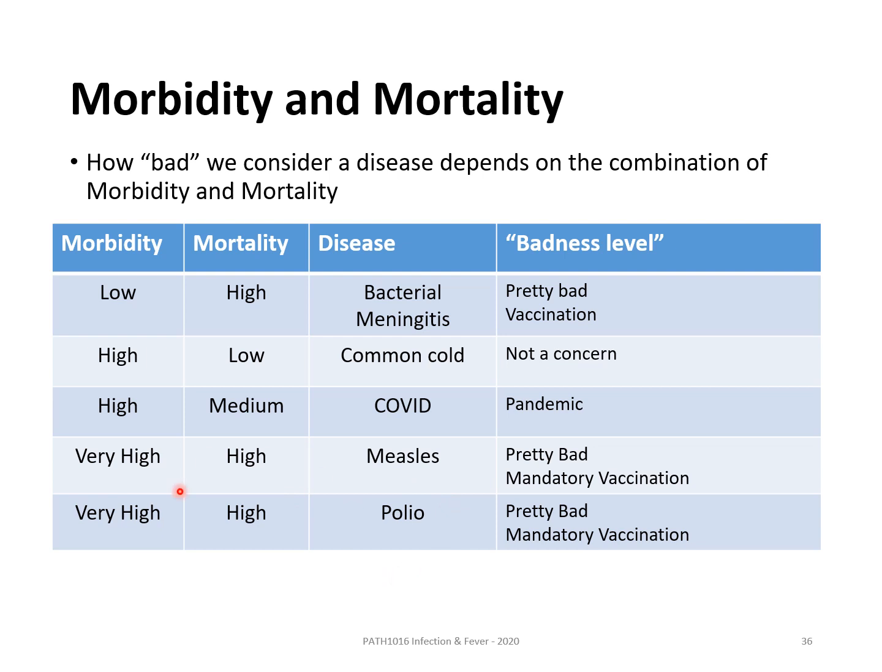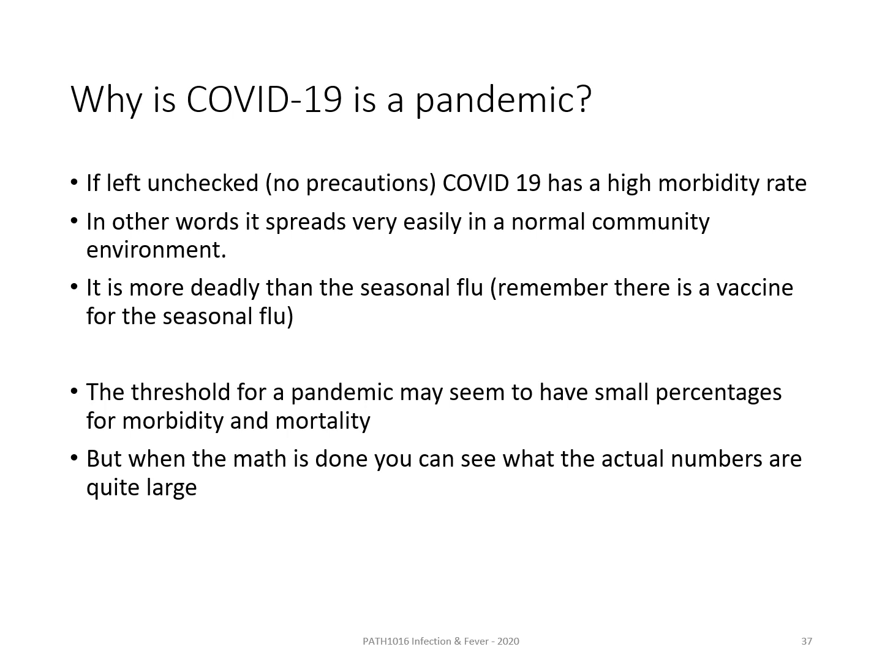So there are some things that you'll want to get vaccinated for. Because of these, we've gotten things that have high mortality and high morbidity under control. This thing right now, we don't have under control. Let's talk a little bit more about that. So why specifically is COVID-19 a pandemic? Well,